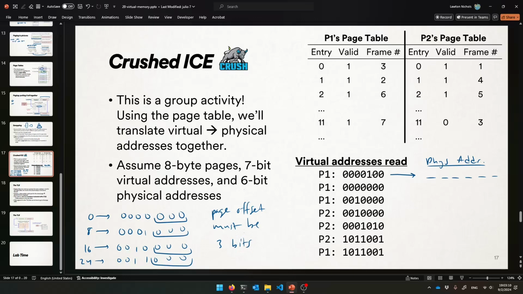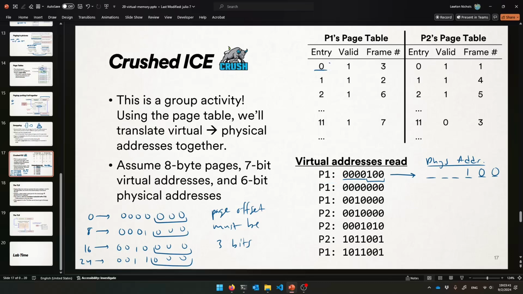Cool. And with that in mind, we can read the table. So in the virtual address, this is the page number, and this is the offset. That's going to be just the same in the physical address, 100 for sure. Now our goal is to take this page number, page number 0, and map it. It's P1 trying to read this address. We've determined that we're trying to read from page number 0, because it's all zeros,